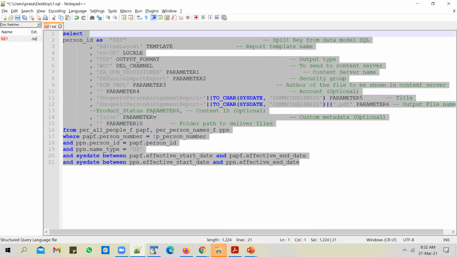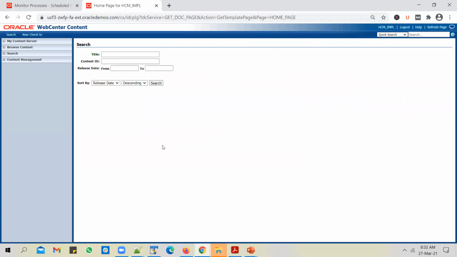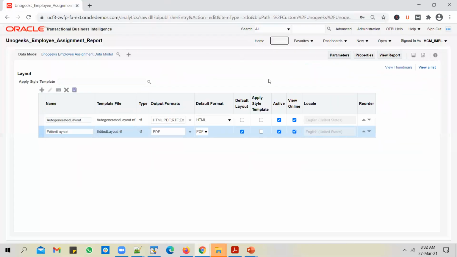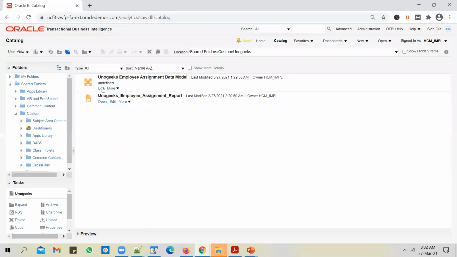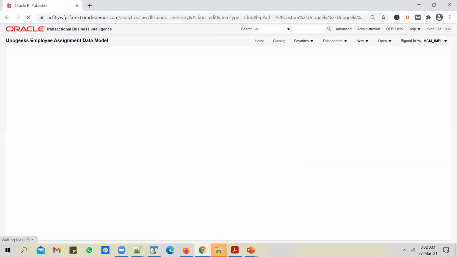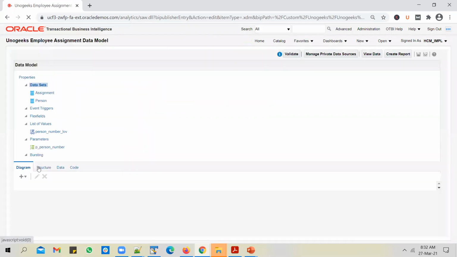Review the bursting query once or twice before you use it. Copy it, go back to the data model. Edit the data model. Go to bursting tab and add in the query.